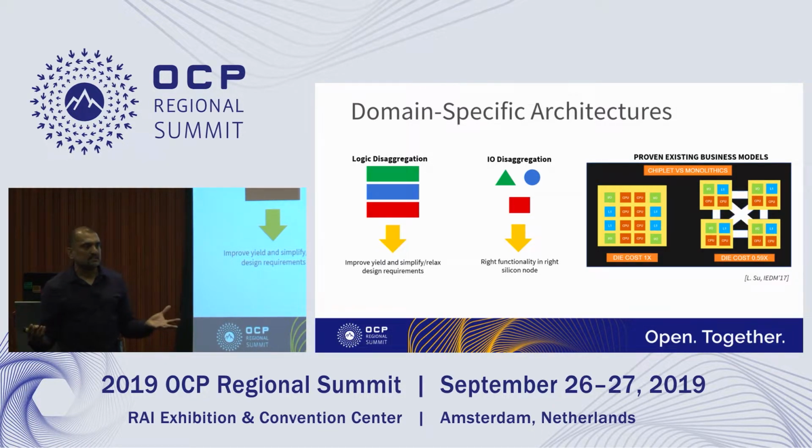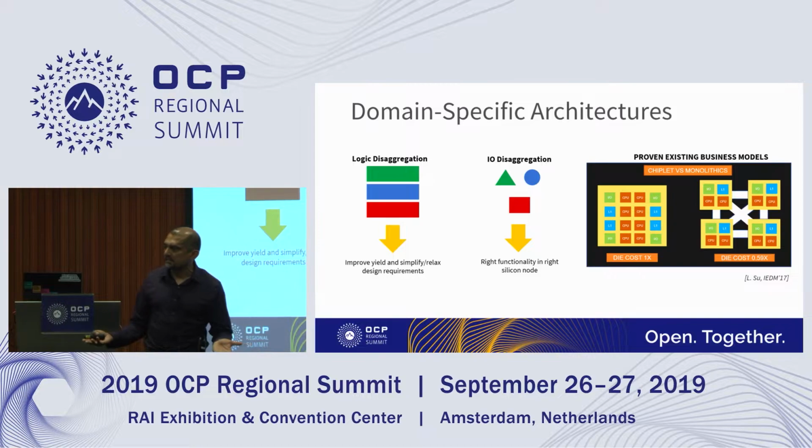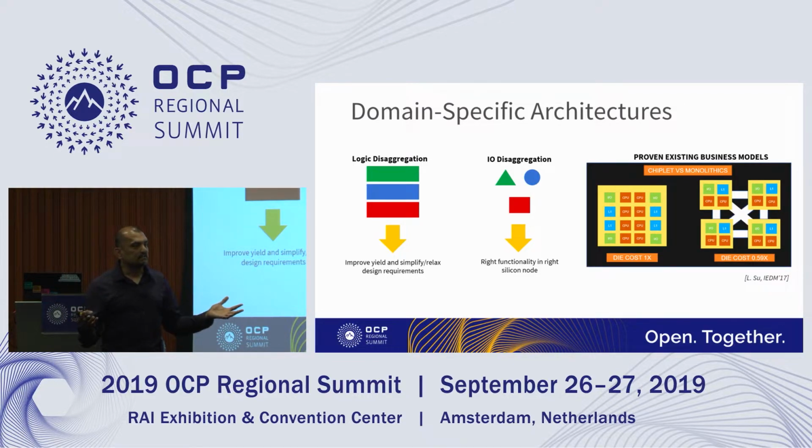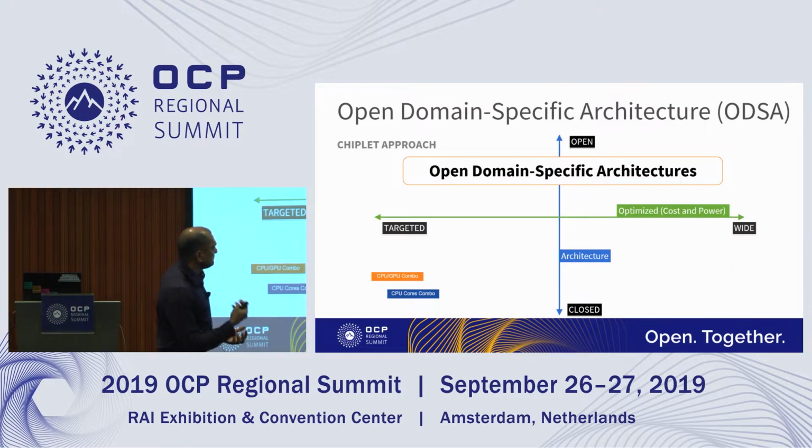A very famous example was given at IEDM by Dr. Lisa Su, who introduced the first generation of EPYC processors. This year, AMD launched the second generation of EPYC processors, where you have 8 CPU cores, all designed and created in 7 nanometer, combined with a memory I/O at 12 nanometer. And these are viable solutions which are used by companies to make money, which means there are viable business models existing which benefit from this technology approach.